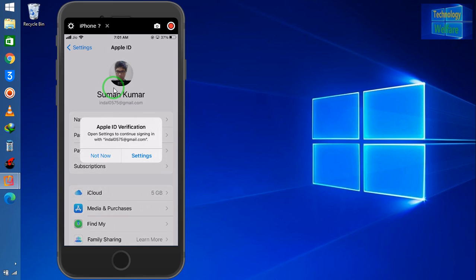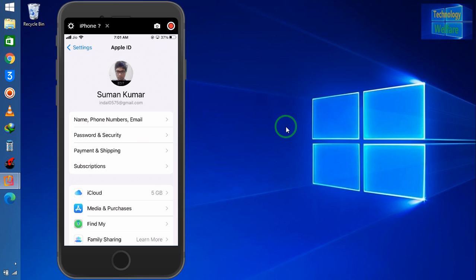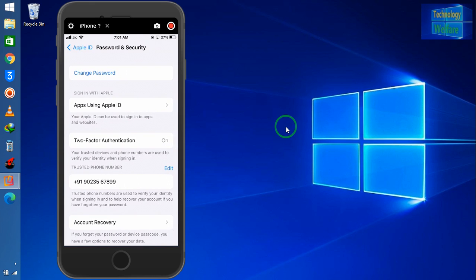So it's saying to open the settings to continue signing in. Of course I will go in the settings, and after coming to the settings, of course once again I will go to password and security, and here